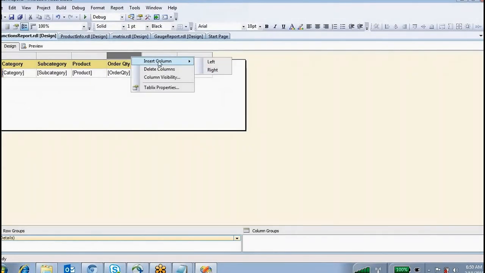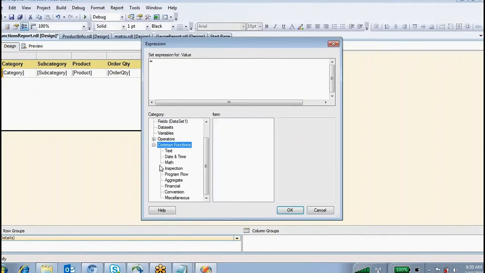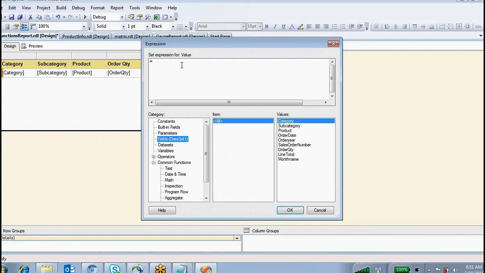So I'm going to write it here only, on the right side. Under aggregate functions, the running value function uses a specific function to return a running aggregate of the specific expression. Okay, running value function. First you have to write on which column you are going to run this, and what kind of aggregation you are going to do, that is summing, or you can count also. Okay, and under which data set level you are going to use it, that is the scope level. Okay, the scope is data set 1. Okay, right. So the running value function,